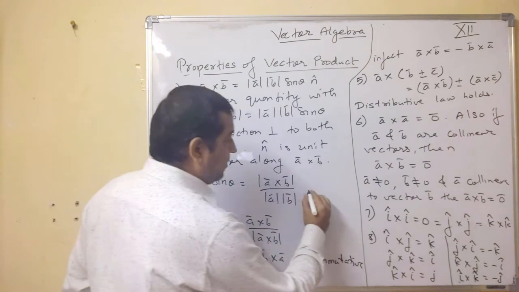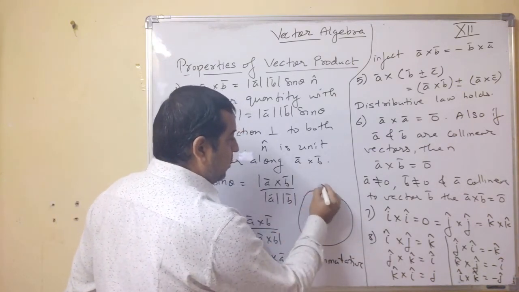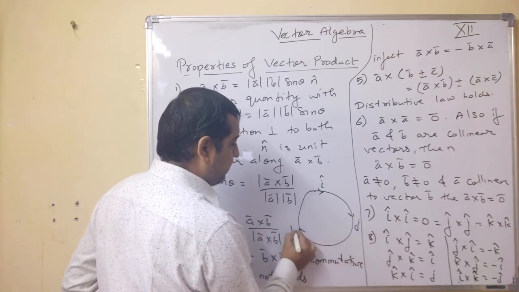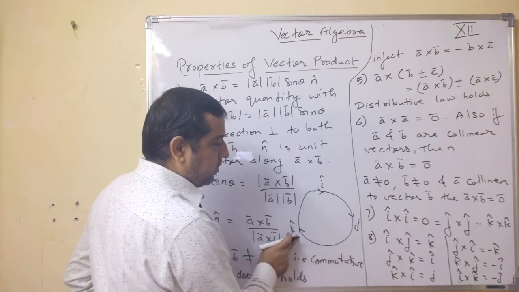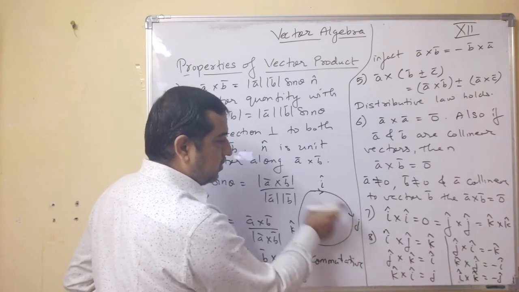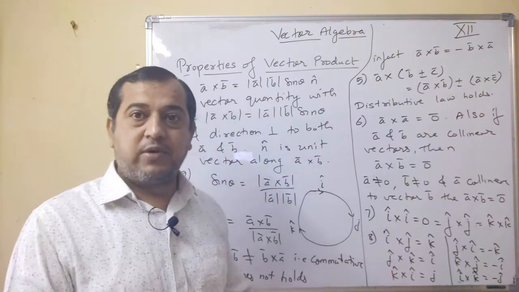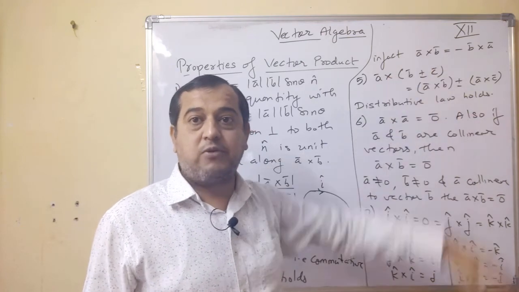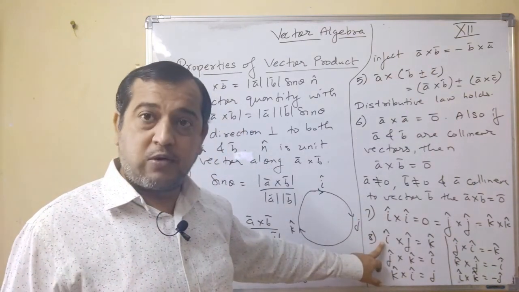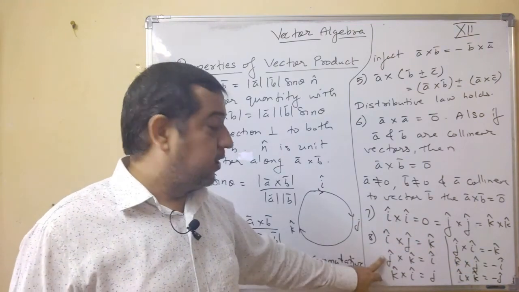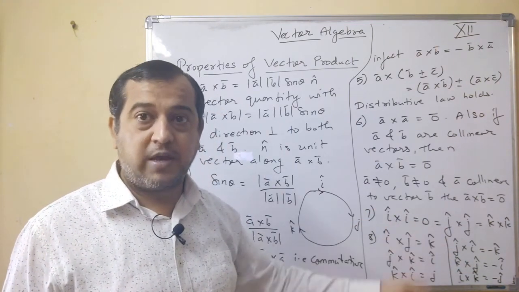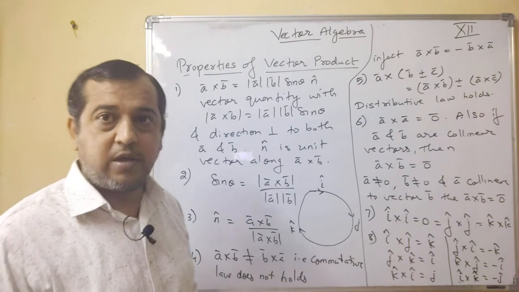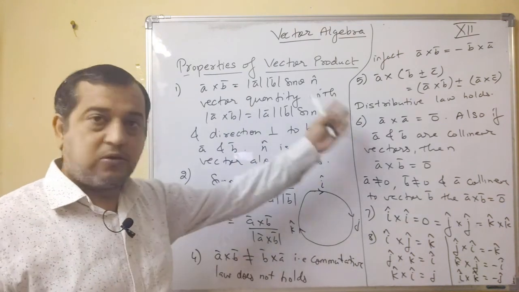You have to move in the cyclic order. Here it is I, here it is j, and here it is k. Product of I cross j will give you k, j cross k gives you I, and k cross I gives you j. If you reverse the product, then this will happen. A cross b, it is equal to minus of b cross a. So if you take j cross I, it will give minus k. If you take k cross j, it will give you minus I. If you take I cross k, it will give you minus j. Okay, clear? Please note this down.